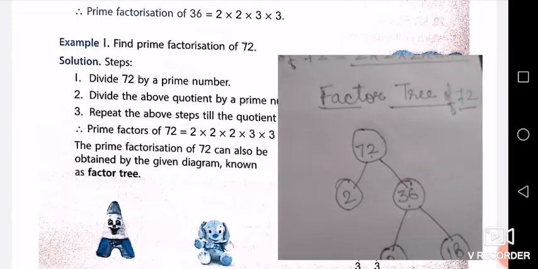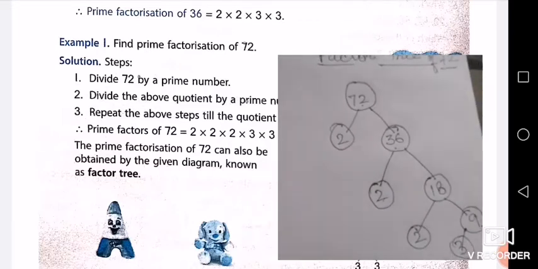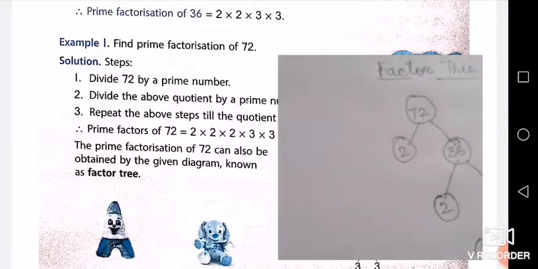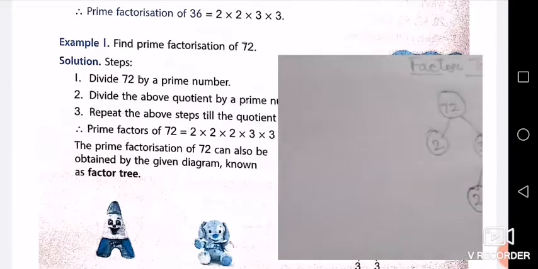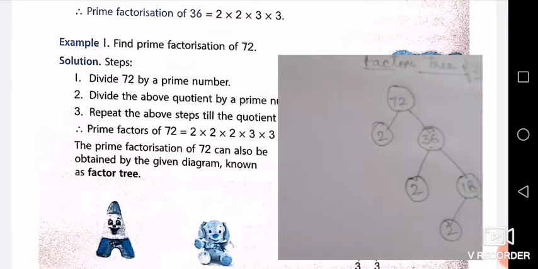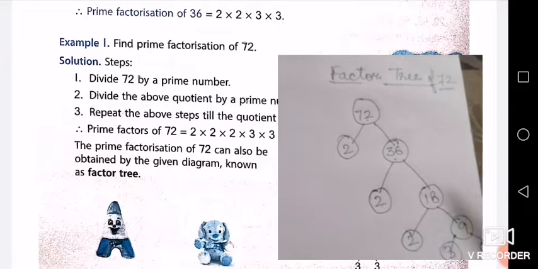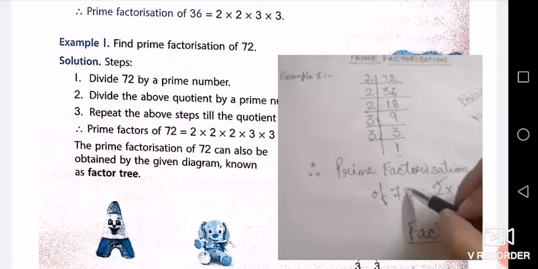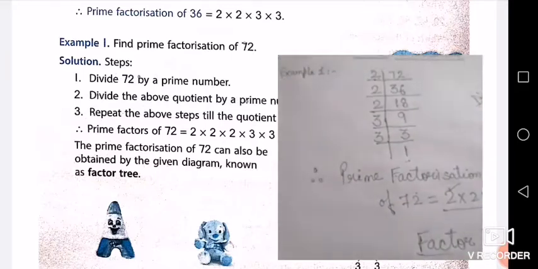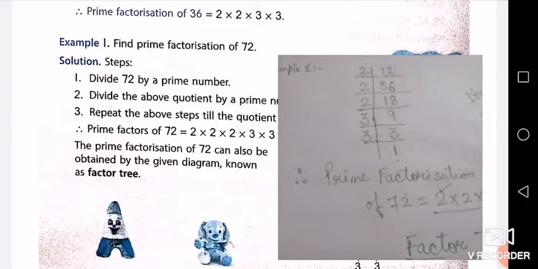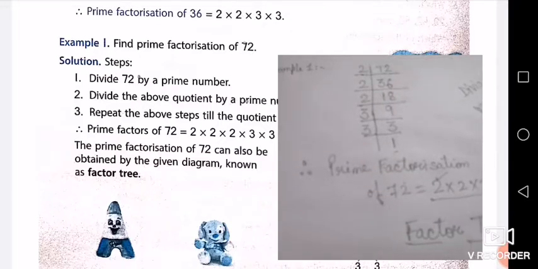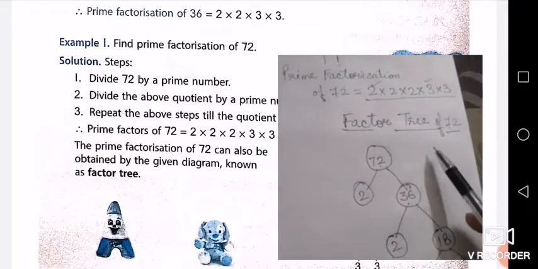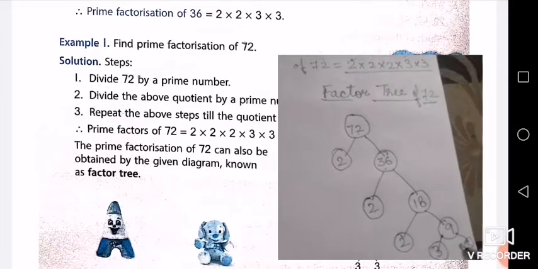Fine, but we will practice from the beginning, so that if you have any doubt in any question, you can clear it right now. We will not look at what you did or did not do in your previous class. Here you have to understand each and everything. Now both these methods will be clear in your mind: how to find the prime factors of a number by the division method, and secondly, how to find factors of a number by using a factor tree.